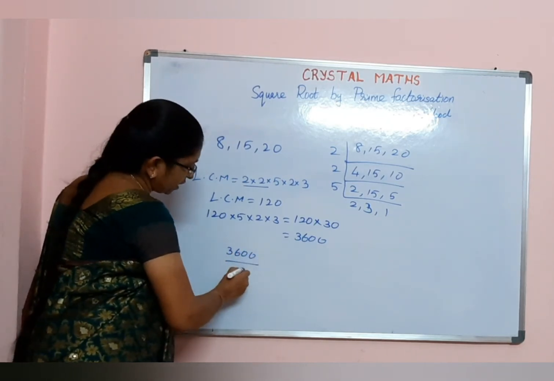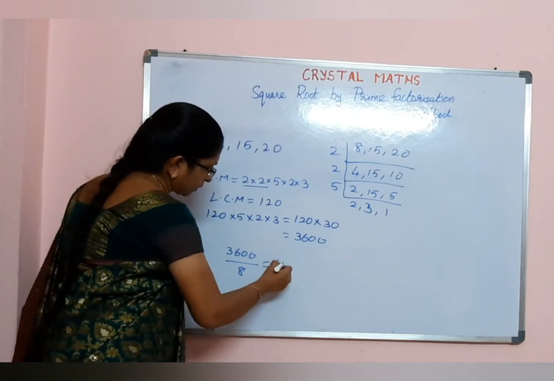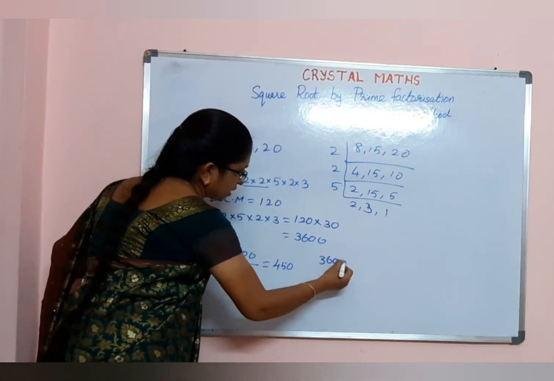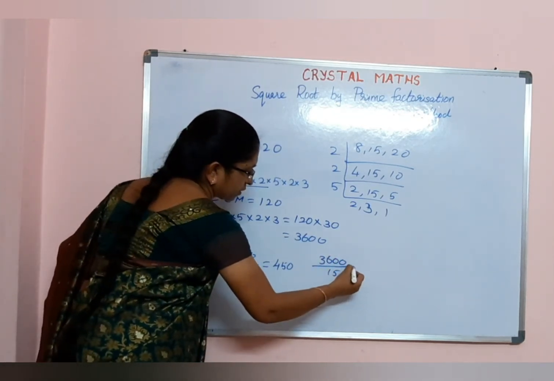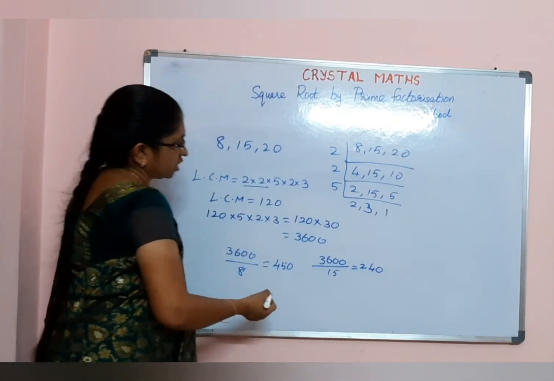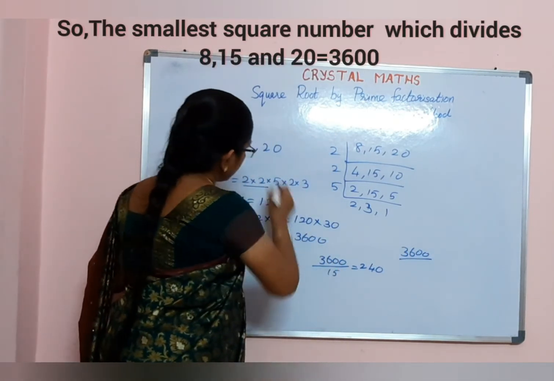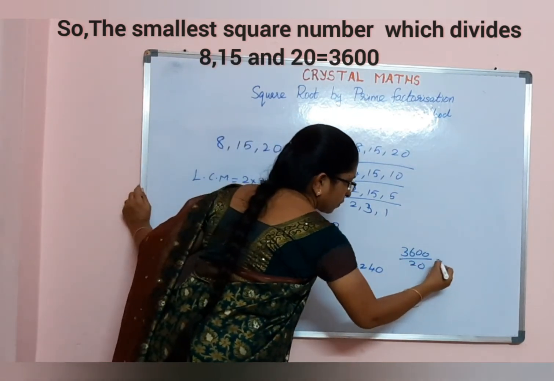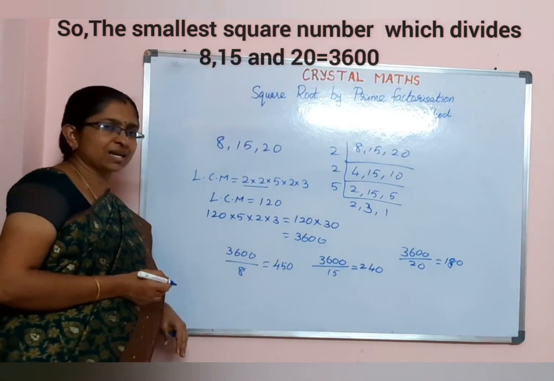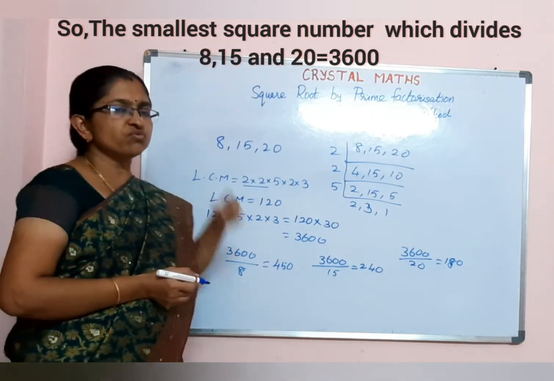If you divide the square number by 8, we get the answer without any remainder. The same way, 3600 by 15 also we get the answer. The same way, if we divide 3600 by the last number, 20, we get the answer without any remainder. It is divisible. So what number did we multiply here? That is 120 into 30. 30 is the required number to multiply, and the square root of the particular one is nothing but